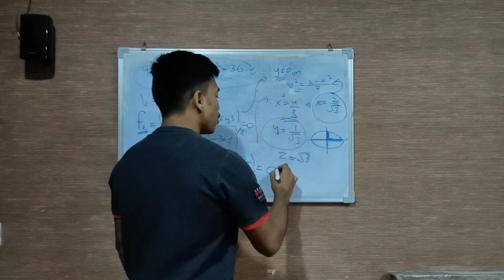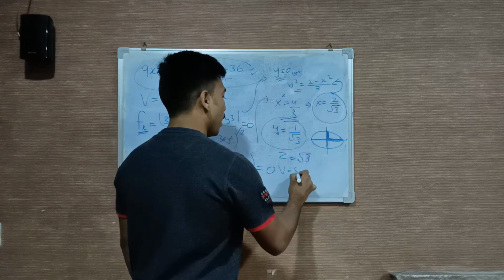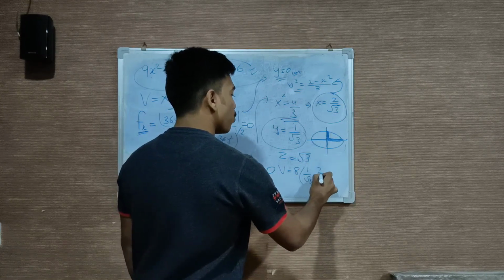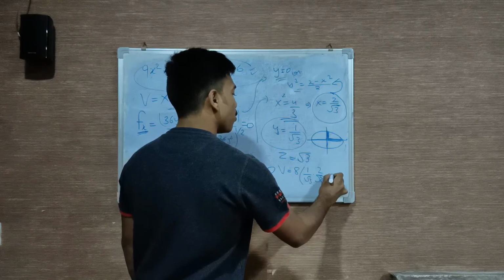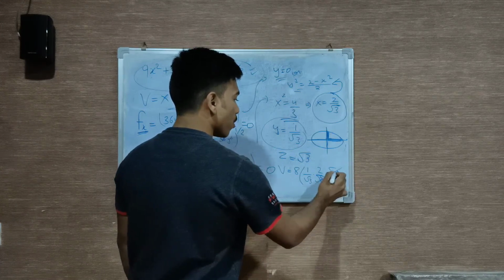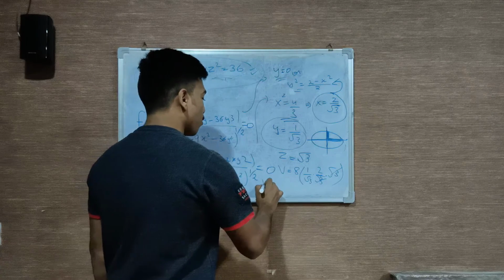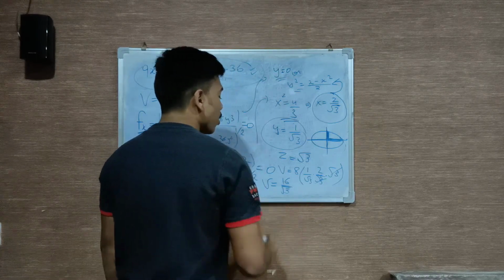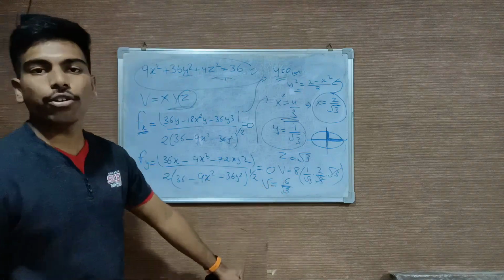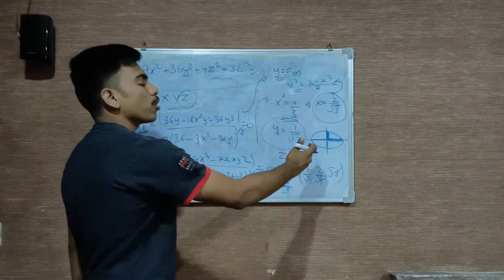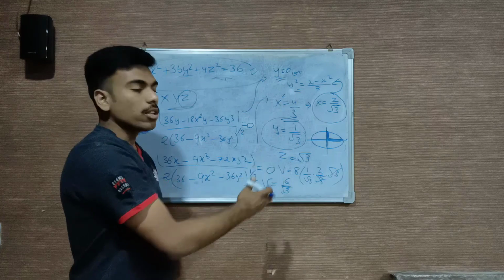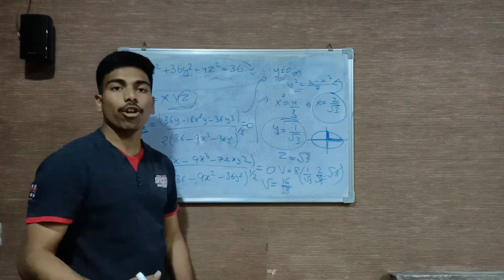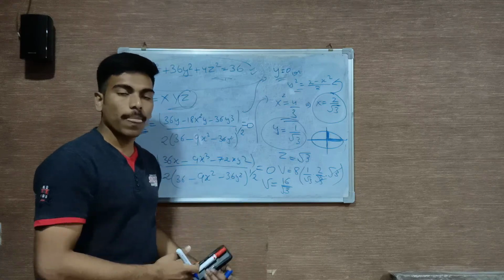So we get volume to be 8 into 1 by root 3 into 2 by root 3 into root 3. So we get our final volume to be 16 by root 3. This is the maximum volume of a cuboid which can fit in this ellipsoid or this rugby ball. This is how we need to solve a problem when we are asked to find the maximum volume in a given shape. Thank you.